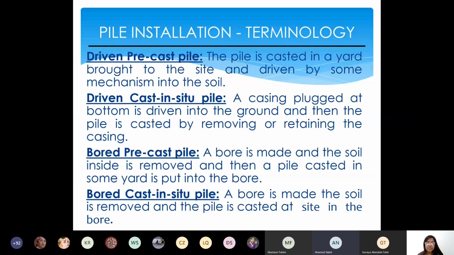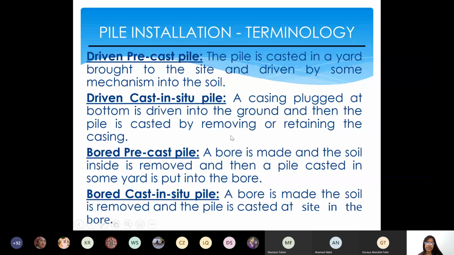Driven cast in situ pile. A casing plugged at the bottom is driven into the ground, and then the pile is cast by removing or retaining the casing. So this is another type, and it's very interesting. Driven cast in situ. In situ means at the site, constructed at the site. How? A casing. A casing means a hollow type, a pipe, like scaffolding or formwork. A casing plugged at the bottom is driven into the ground, and then the pile is cast by removing or retaining